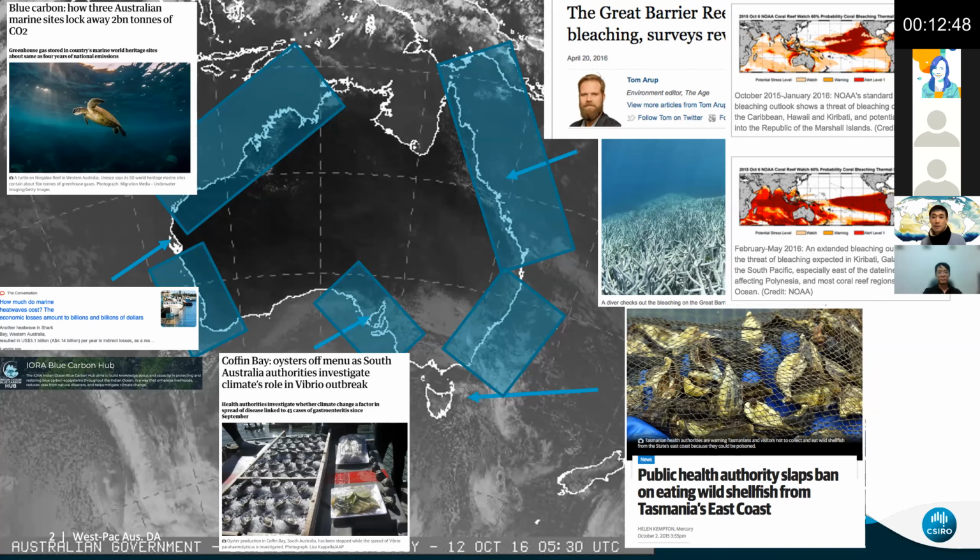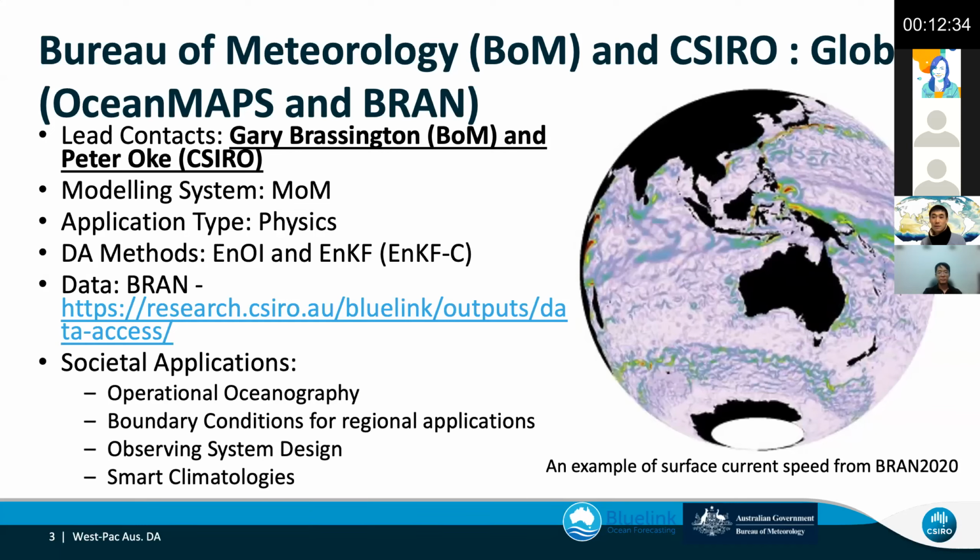So whilst Australia is doing some assimilation systems at the global scale, we're also doing a number at the regional scale, and I've highlighted the geographic locations for those regional systems here in aqua, and we'll do a quick zoom around the country. So starting at the global scale, both CSIRO and the Bureau of Meteorology are very active in the development of assimilation systems at the global scale. The operational OceanMAPS system is run by the Bureau of Meteorology, led by Gary Brassington, and that's based on MOM,